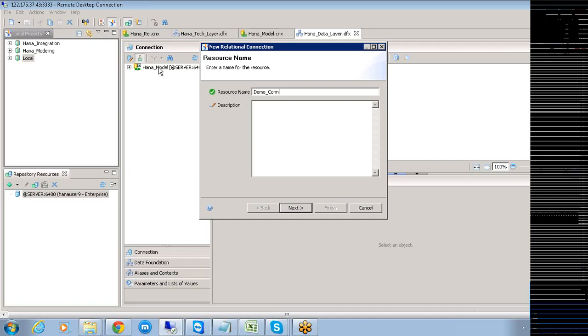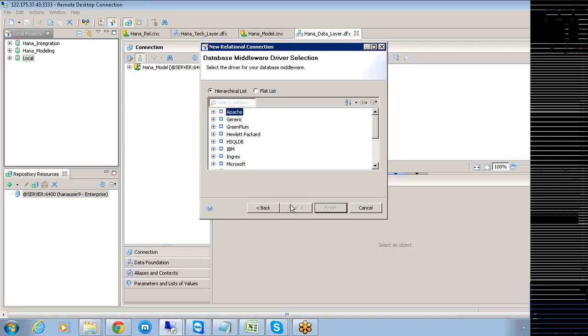Name: Dim_connection. Enter the resource name and click on this Next button. These are all the types of databases that are available here, and when you select your